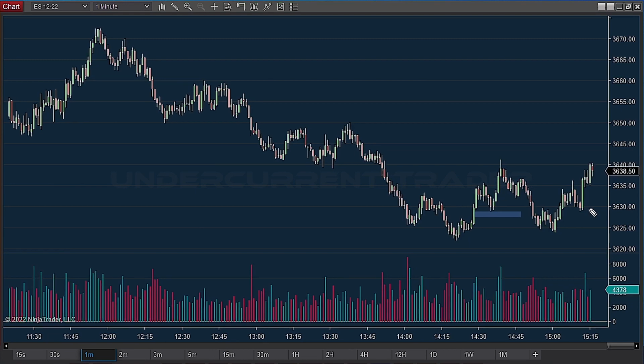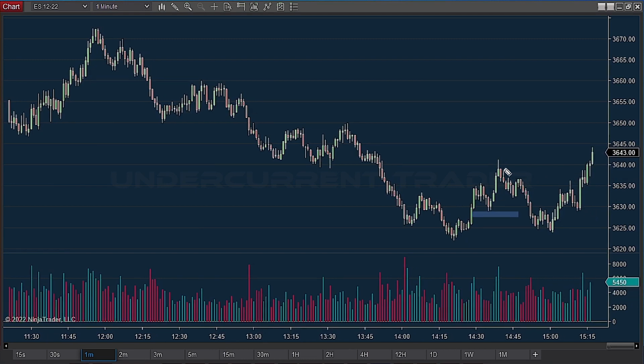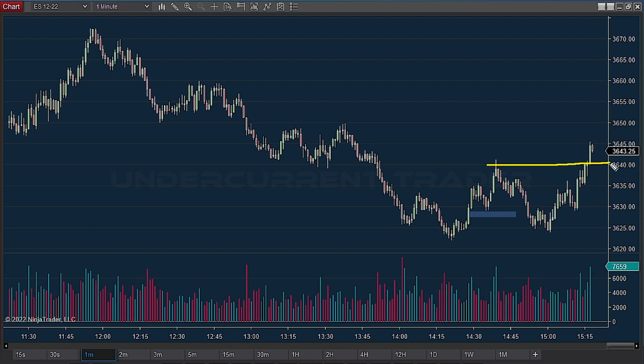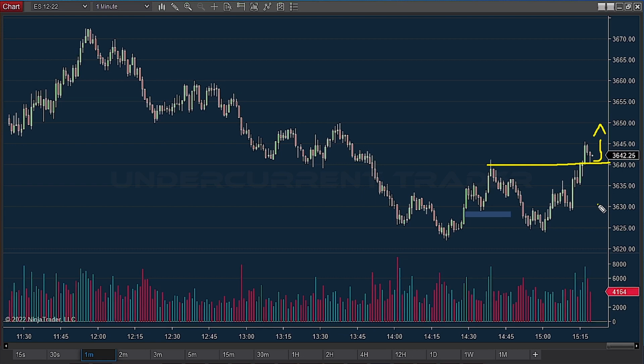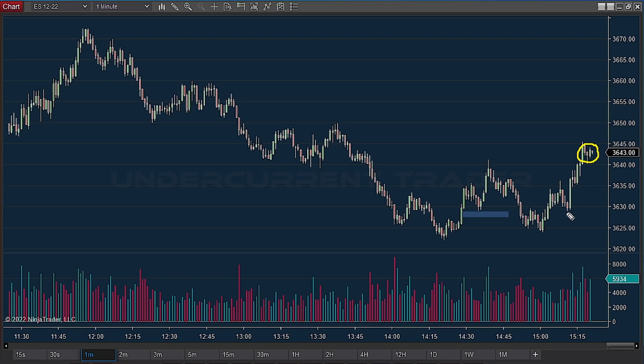Okay, so as you can see, after printing above this breakout structure right over here, the market continues trending higher as it pushes right through the 39.42 resistance level. I think that this 15-point upside is significant as it opens up the possibility for further gains ahead. Now, the market, as you can see, has obviously been range-bound for the past few minutes here, but this latest surge could signal a shift in momentum, and that's why I believe that the key level to watch now is